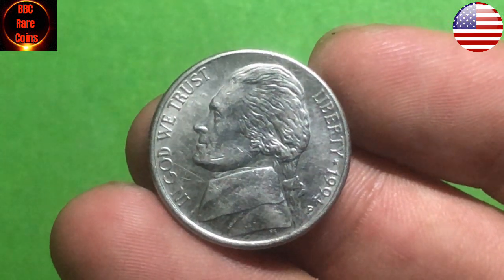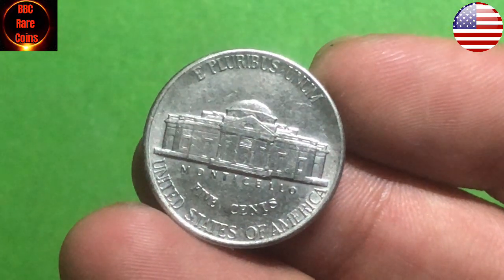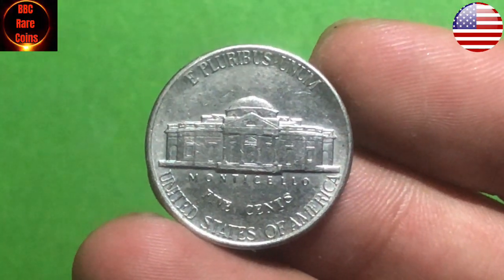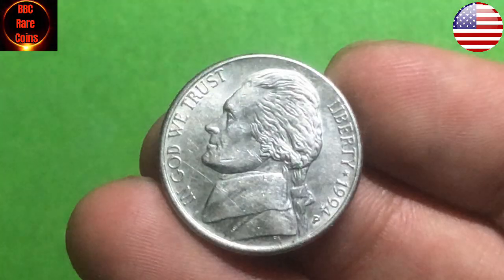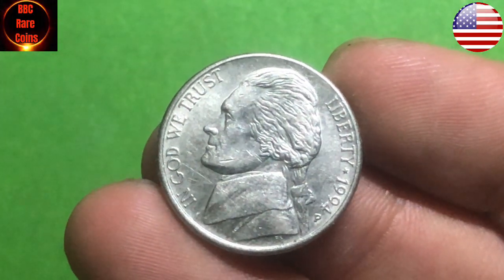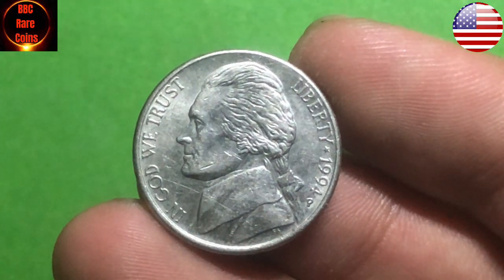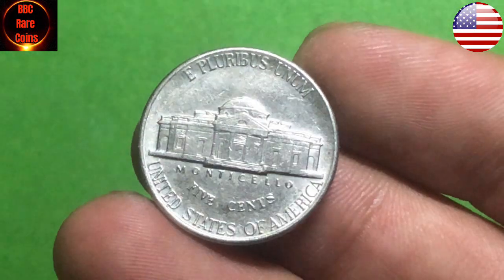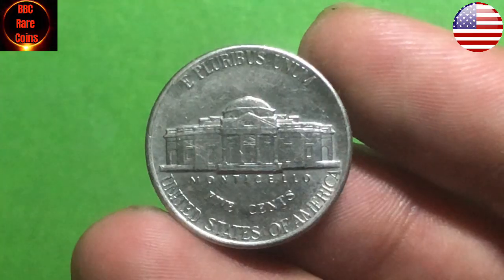What makes the 1994 Jefferson Nickel so special? The answer lies in a detail that many casual observers miss: the full steps on the reverse side of the coin. On the back, you'll find an image of Monticello, Thomas Jefferson's iconic home, complete with tiny steps at its base. On most nickels, these steps are faint, incomplete, or worn down due to the minting process and years of circulation. But the rarest and most valuable nickels show fully struck, sharp, and uninterrupted steps, a feature that is extremely difficult to find, especially on coins from the